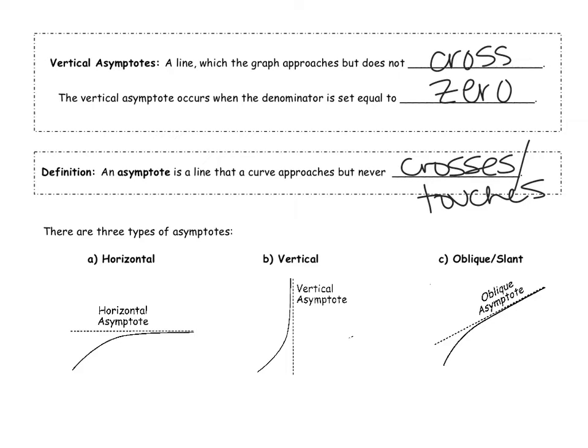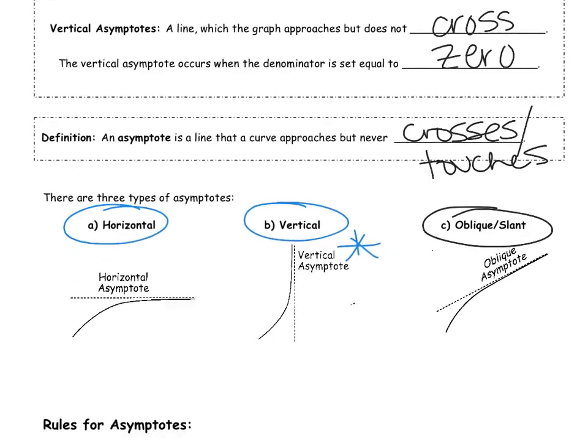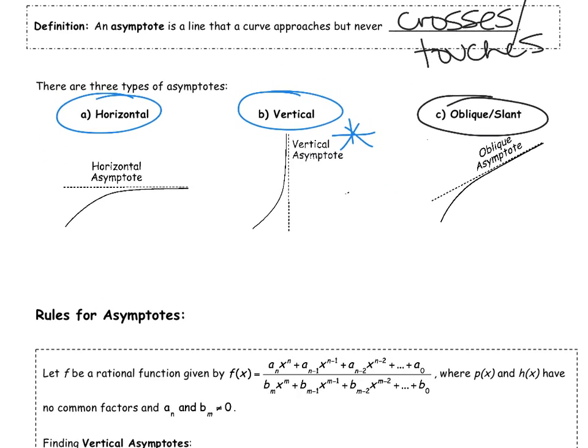All right, so now what we're going to be looking at next are horizontal and vertical asymptotes. The oblique and slant we're going to save for another day. So our main focus right now is going to be horizontal and vertical asymptotes. The vertical asymptotes you guys should be pretty familiar with from last year, but we're still going to review that. Horizontal should be totally new for you. All right, so things you want to know about horizontal asymptotes. And you have all of the rules down there, which probably looks a little confusing, but we're going to go